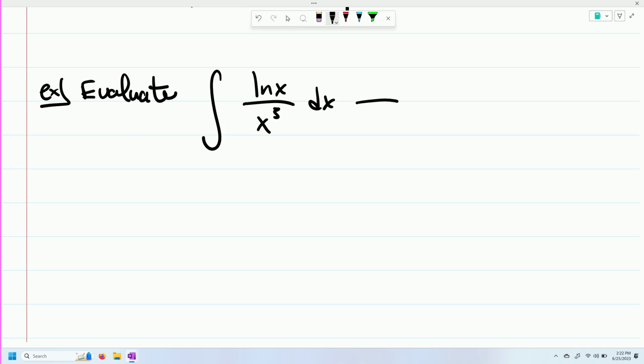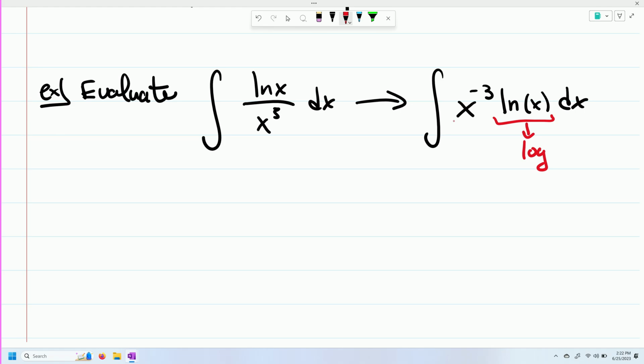Now, before you do anything, you always want to make sure that you rewrite this in a nice linear format. That way you can easily identify things. So here, just by looking at this, we have an ln, so we get a log, and then this is something you would see in algebra class, or an algebraic function. So if I'm using my acronym,